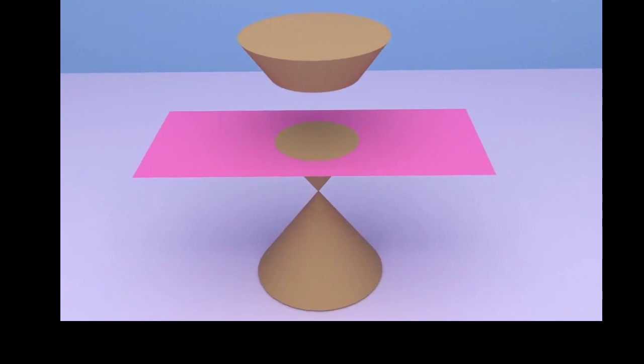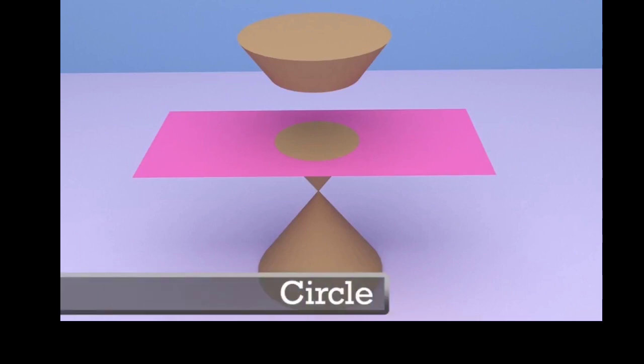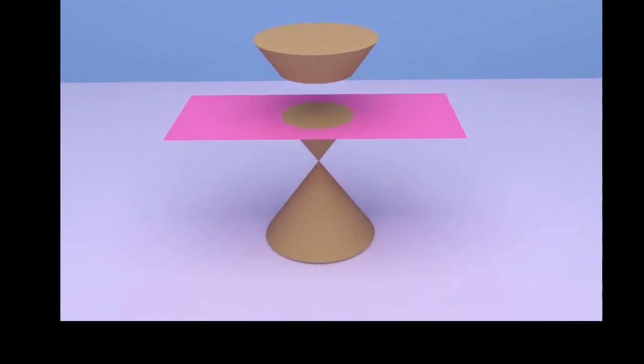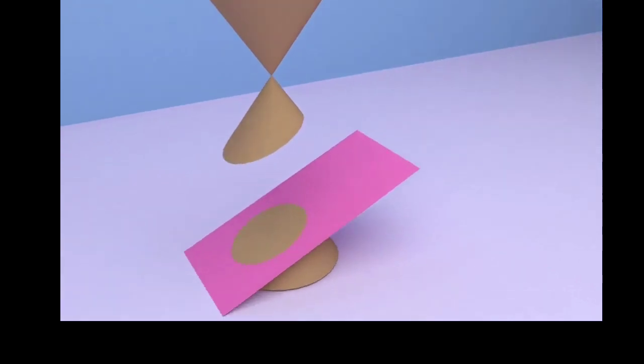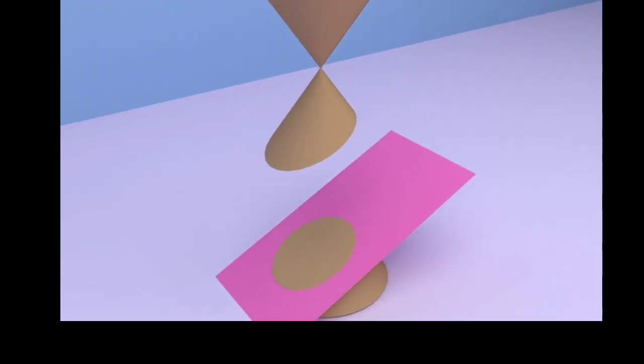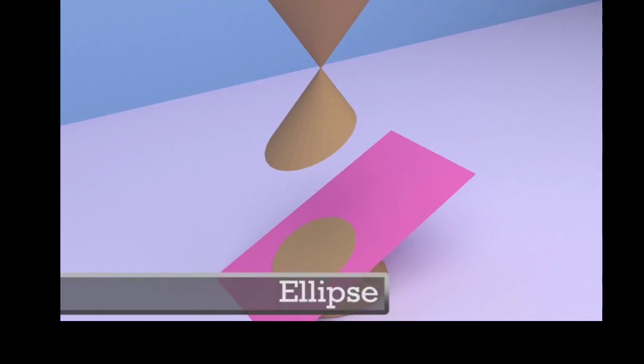For the first angle, we are going to take a flat plane which is at an angle of 0 degree. When we cut a cone using this, we get a circular shape, and we will get a circle at every layer in the cone. When we increase the angle of the plane a little and cut the cone at this angle, the circular shape does not remain anymore and it has stretched a little bit to create an ellipse.